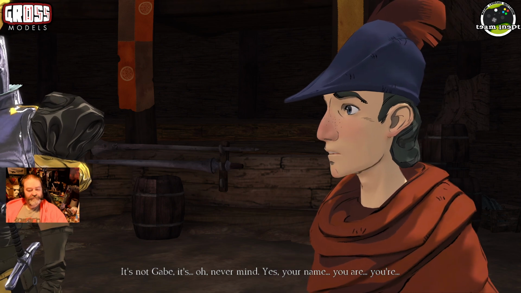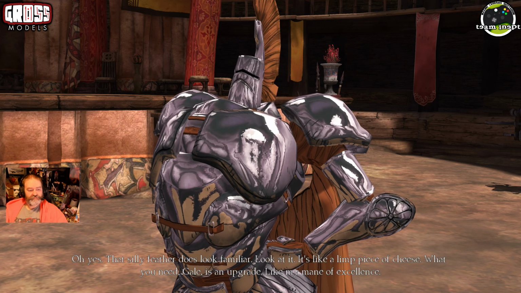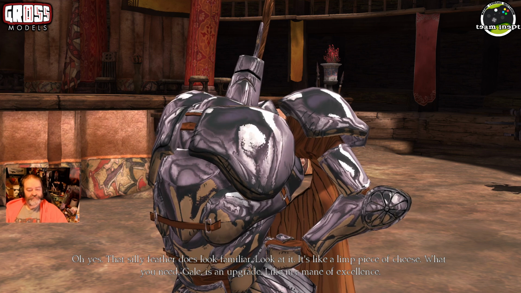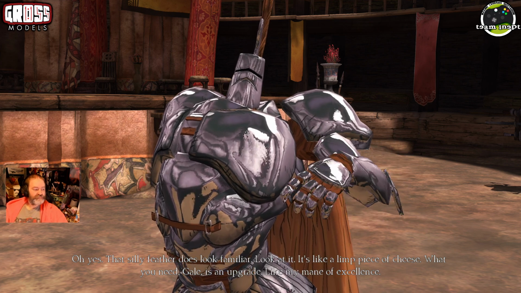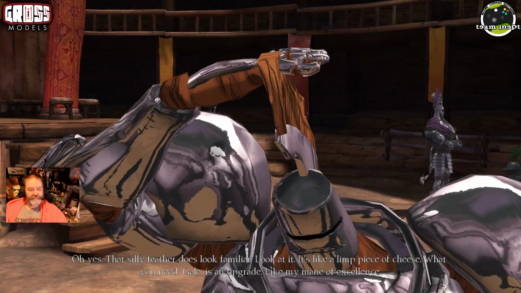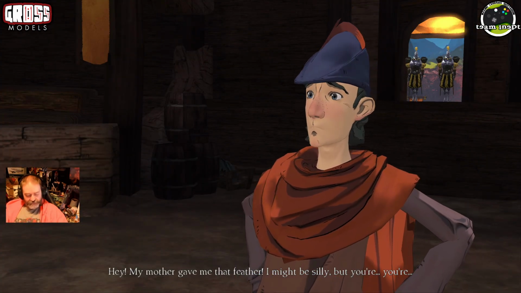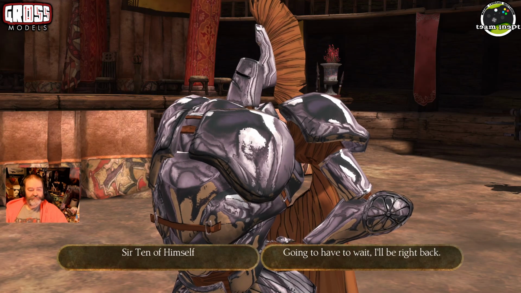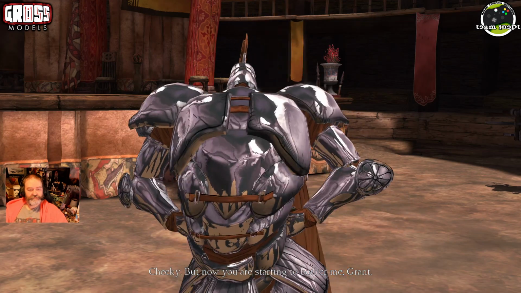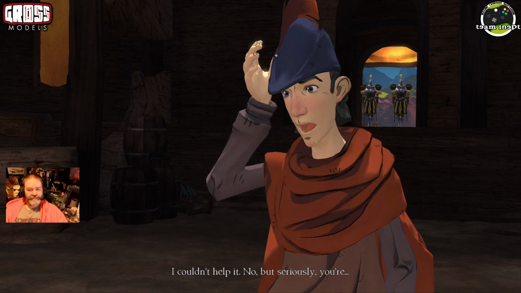You're... that jerk who pushed me into the river. Oh, yes, that silly feather does look familiar. Look at it. Like a limp piece of cheese. What you need, Gale, is an upgrade. Like my mane of excellence. Hey, my mother gave me that feather. I might be silly, but you're Sir Ten of himself. Cheeky. But now you're starting to bother me, Grant. I couldn't help it. No, but seriously, you're